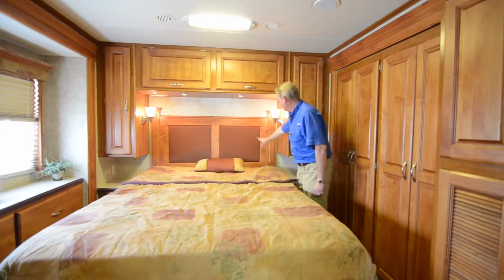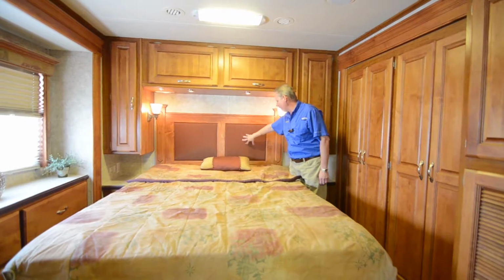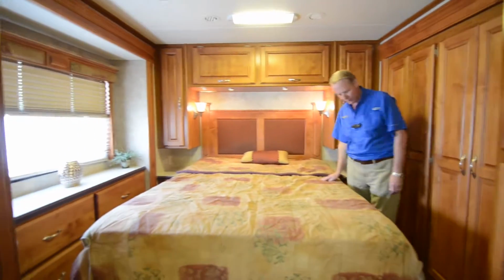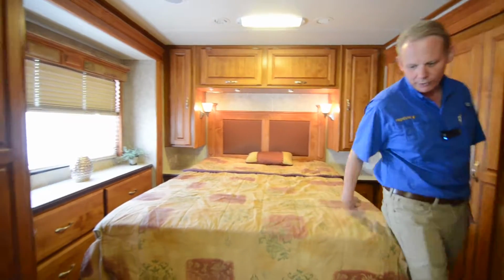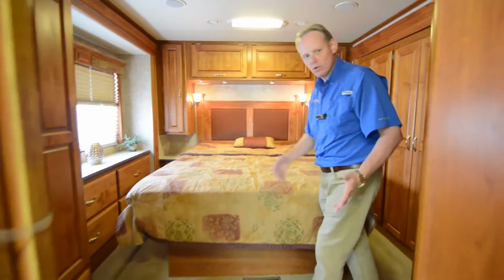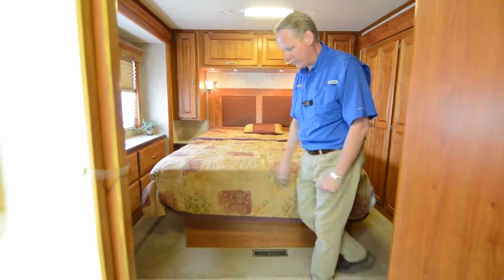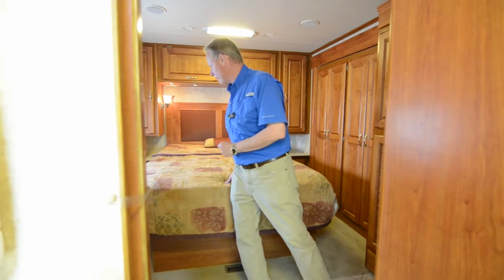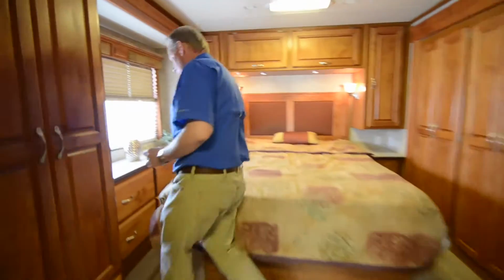Queen bed, beautiful wood headboard. The fabric's in nice shape there. Original bedspread is in excellent condition. Of course, the carpet's new back here too. You have tile just up to the foot of the bed, so the majority of the traffic area back here is tile floor. I'm going to have the cameraman come on back into the bedroom, and I'm going to need to switch positions,